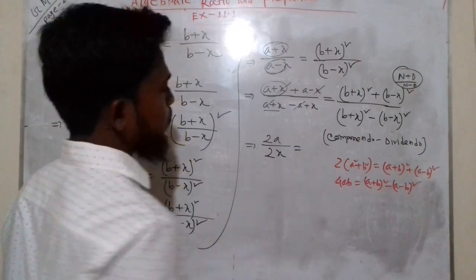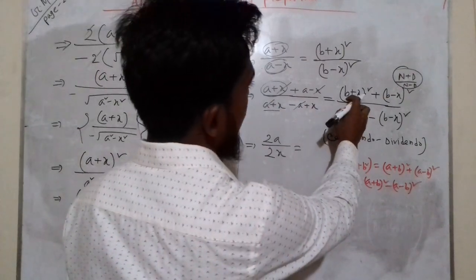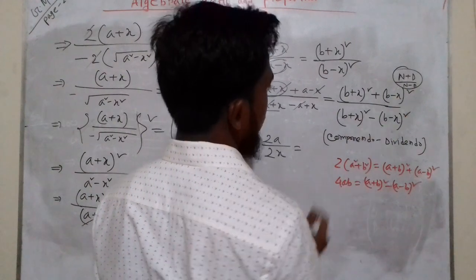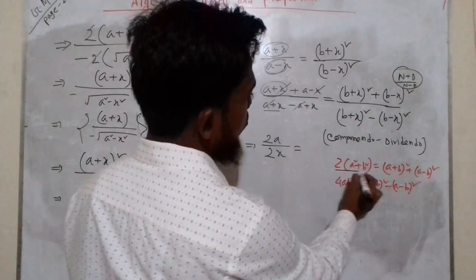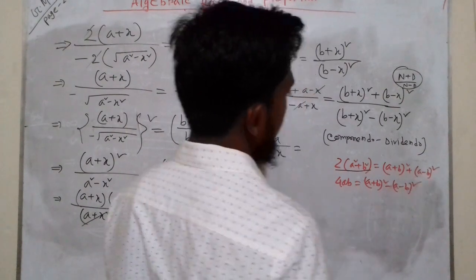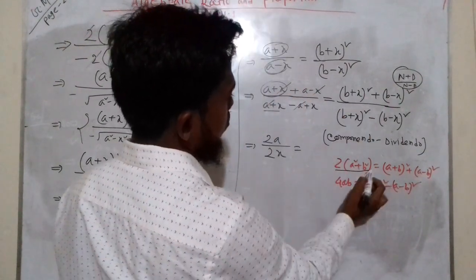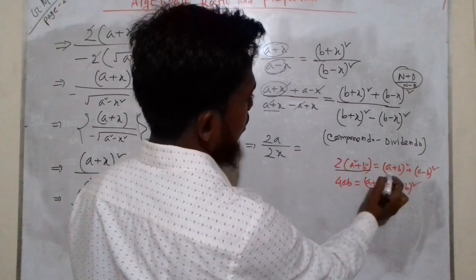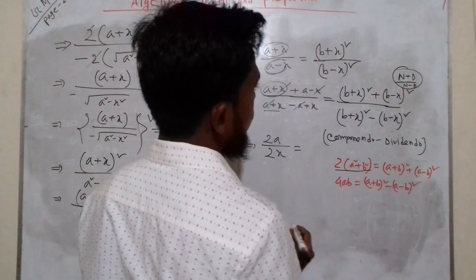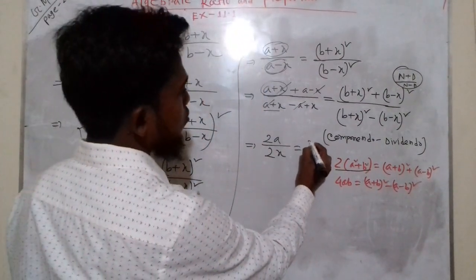2x equal to, here we can see that b plus x whole square plus b minus x whole square, that is 2 into a square plus b square, equal to a plus b whole square plus a minus b whole square. Here a is a, x is b, so we can write a plus b whole square plus a minus b whole square, this equal to 2 into a square plus b square. So we can write 2 into